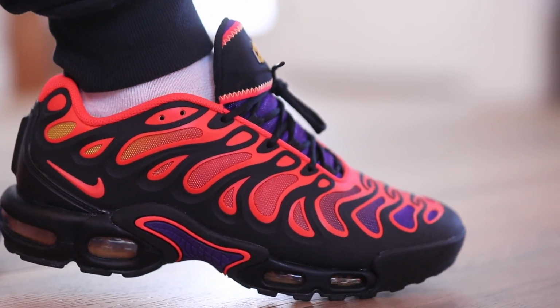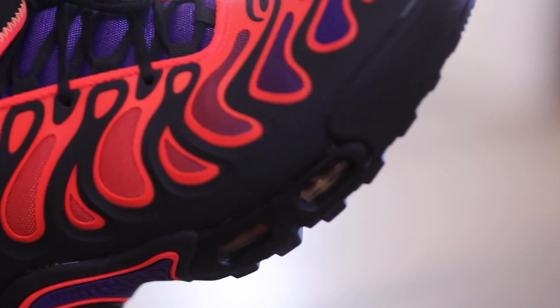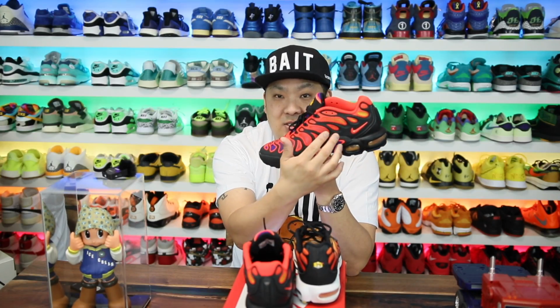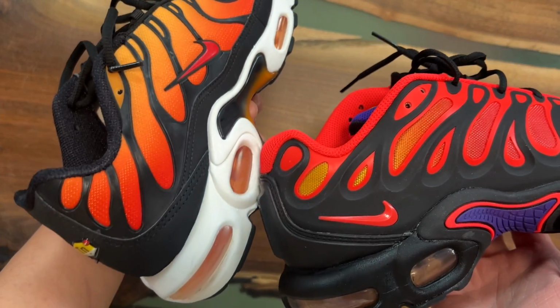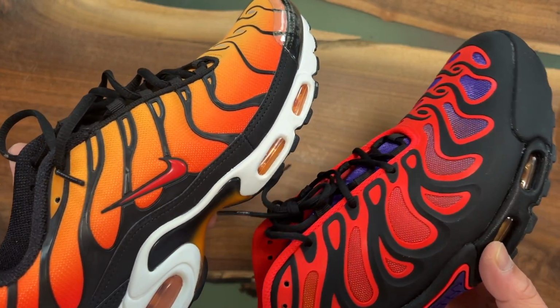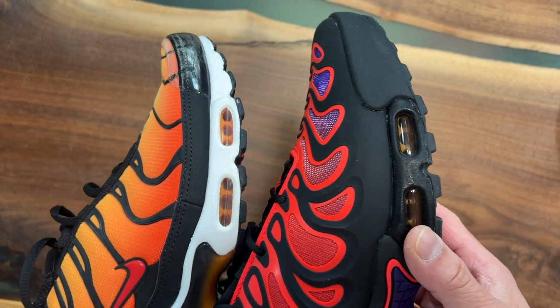But these ones again are much more aggressive than any of the other two models that I mentioned. Another thing I like about these is you have the placement of the Nike swoosh on the back instead of on the side of the shoe. I kind of like the placement here better than on the original pair. It just gives you a little bit more of a visual on the side of the shoe